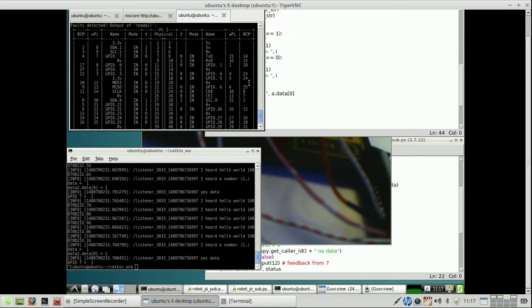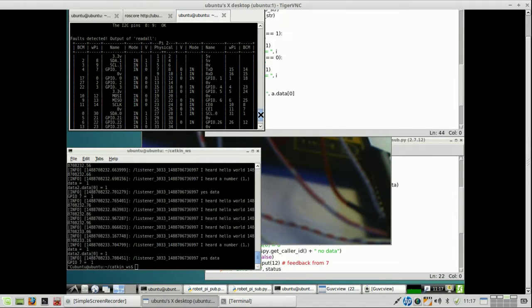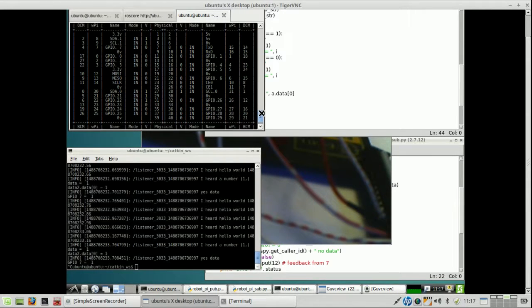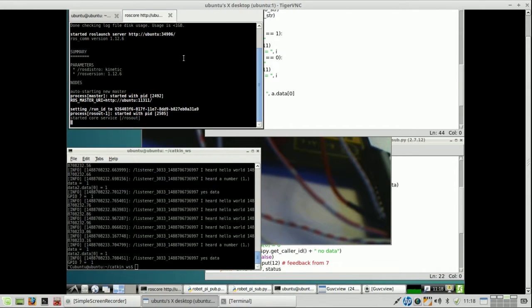I'm assuming it is 16 that they are looking for, and they say, alright, expected 0 got 1. But since GPIO 16 is pin 36, and I'm not using pin 16, so I guess the point is now